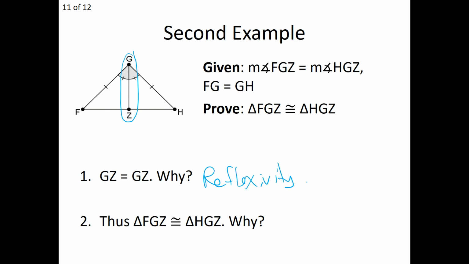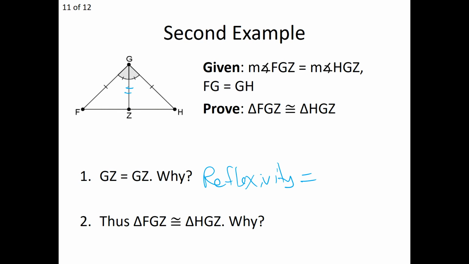Reflexivity, and this should be really reflexivity of equality, says that everything is equal to itself. So the measure of GZ is equal to the measure of GZ. And what that does for us, let me show you on our diagram, I can actually mark that with a double hash mark by saying, hey, I know that that segment is congruent to, equal to itself, which then means I